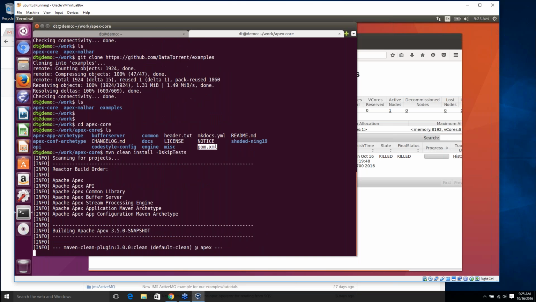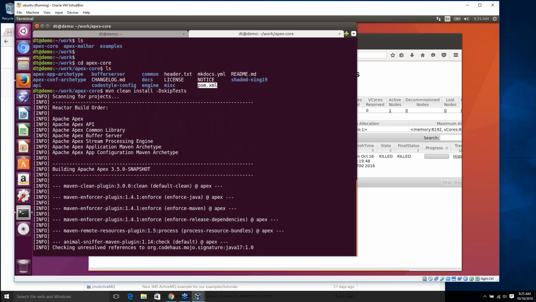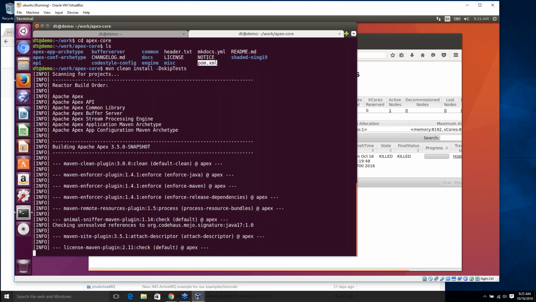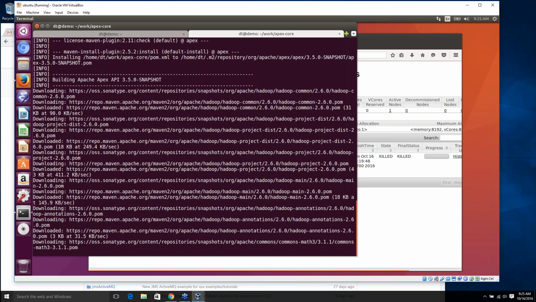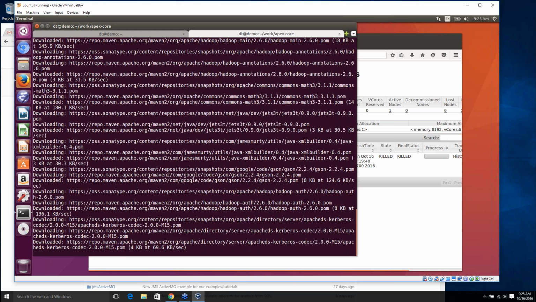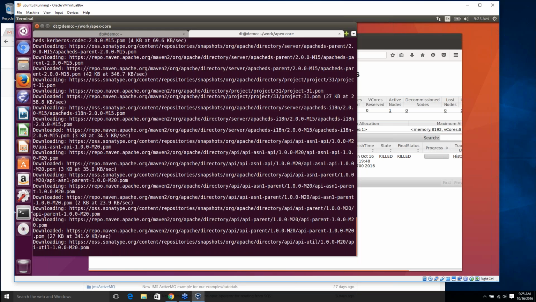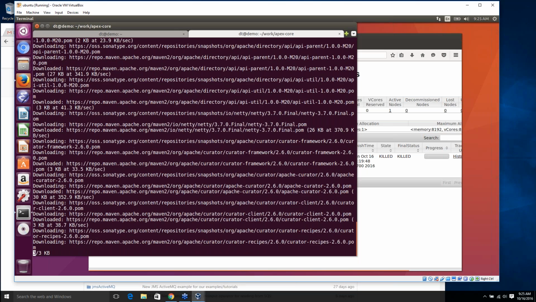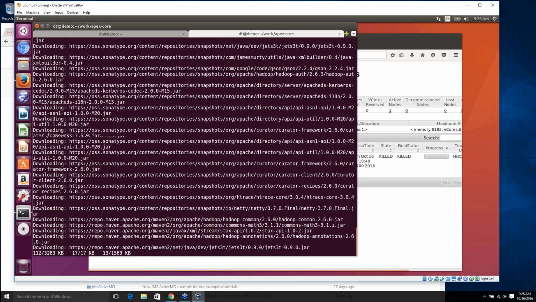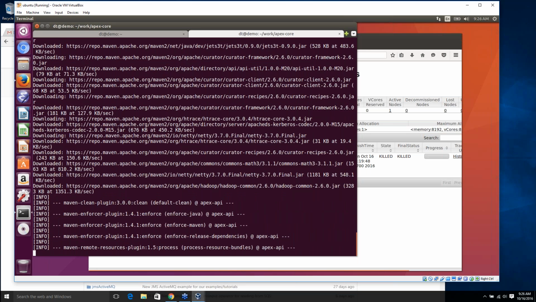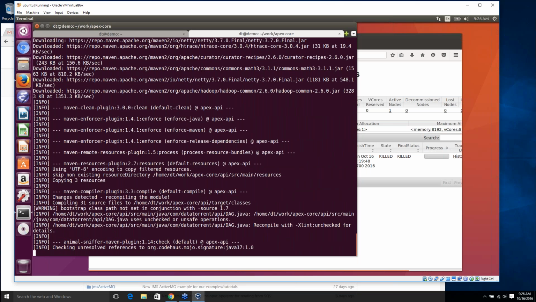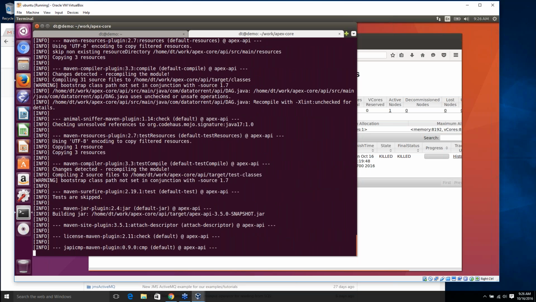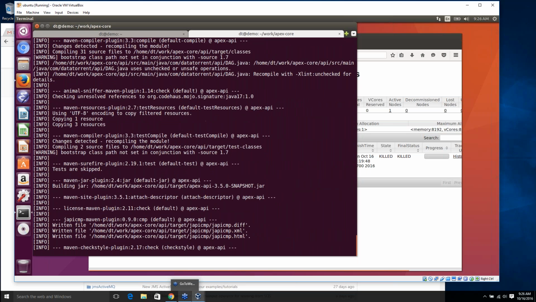This can take a couple of minutes to run because Maven goes through and checks a lot of the dependencies and will download the dependencies if necessary. So you need to have an internet connection the first time you do this. After you've done it once, all the dependencies have been copied over into your local directory. So you'll be able to still work offline, but the very first time a net connection is necessary. So while this is going on, let me go over to the examples repo and point out a couple of